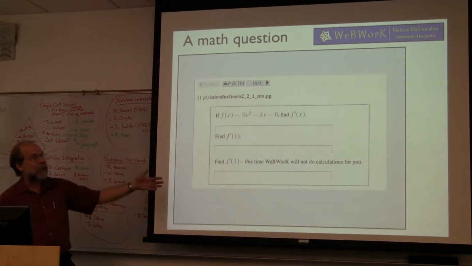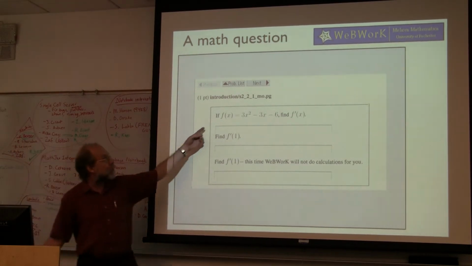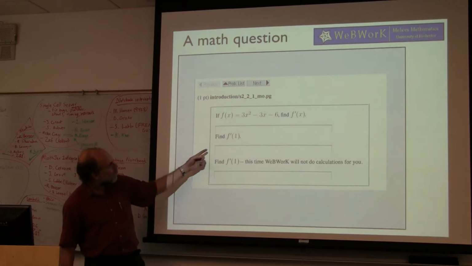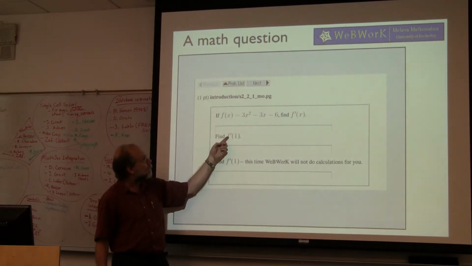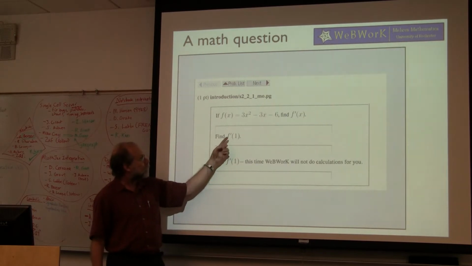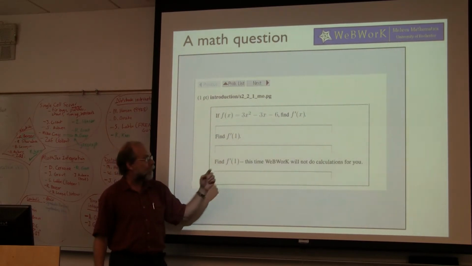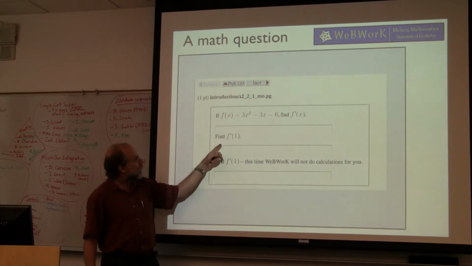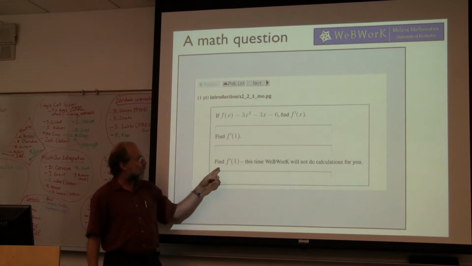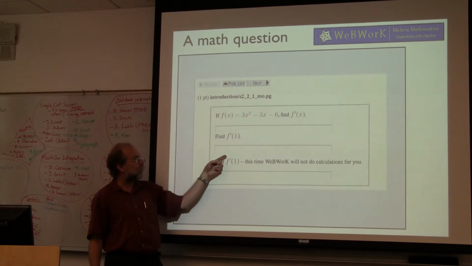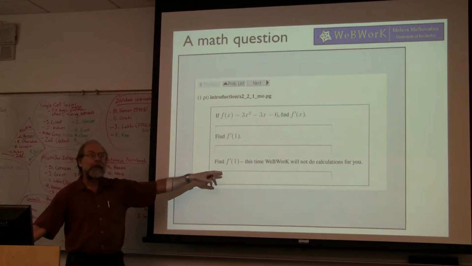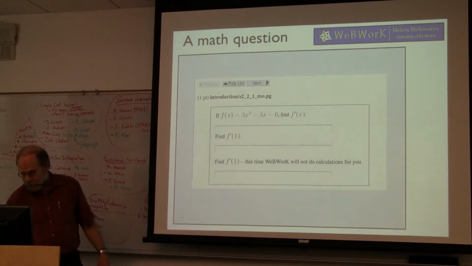So here's a typical kind of question. Actually, I'm not quite sure, I think this is a typo. We want to define the derivative of x first and then find it at some particular place. Oh, no, I'm sorry. Here's where we find the derivative, and then evaluate it at 1. And then you can restrict whether or not you're allowed to use the simplification things that are built into Webwork.